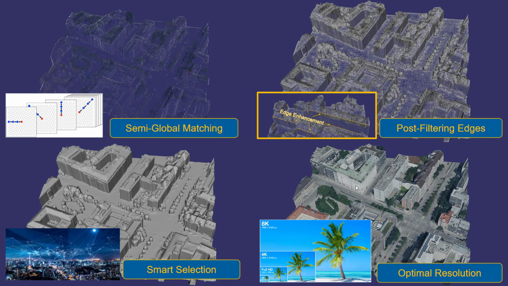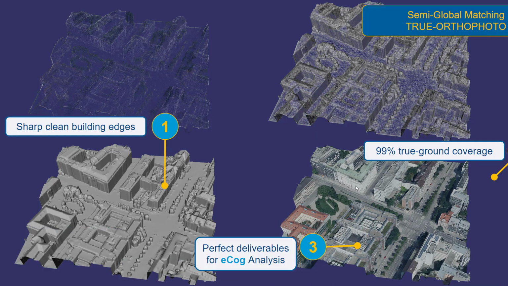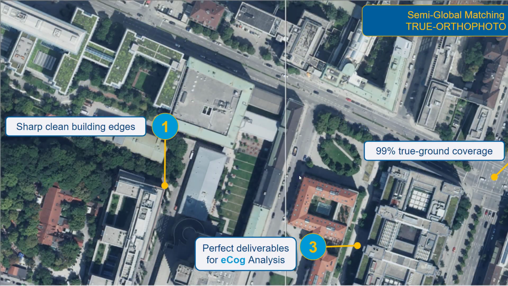But what I wanted to emphasize here is that this is now the bread and butter that is used to generate the true orthophoto, to have these clean and sharp edges of the buildings. As a lookout for the future, this is a perfect deliverable, for example, for recognition. Having a true orthophoto, you can then run image analysis where you can very well detect features in these true orthophotos. So taking a look at the true orthophoto now here, we can see very nicely